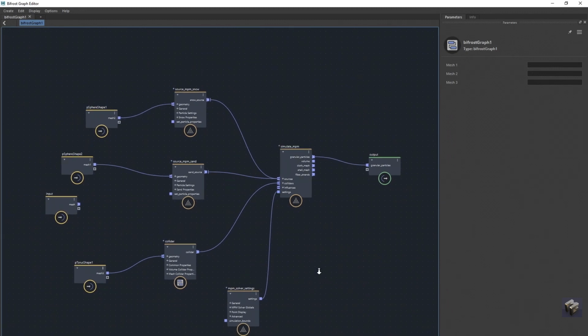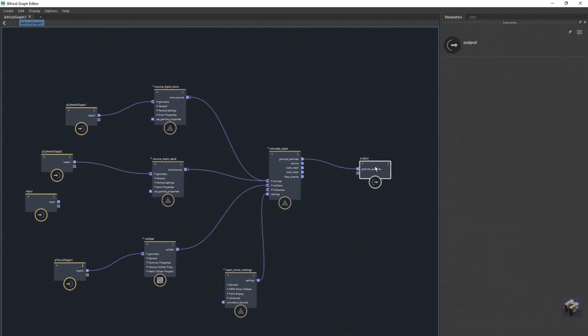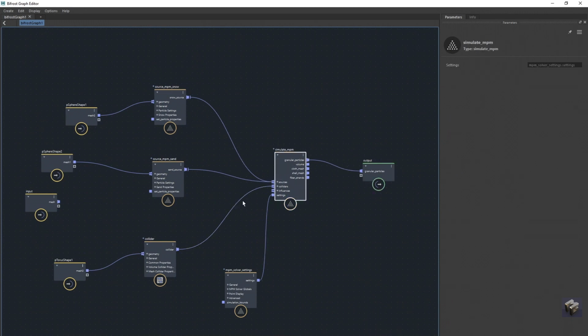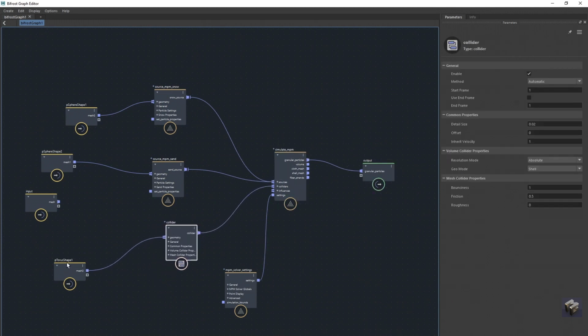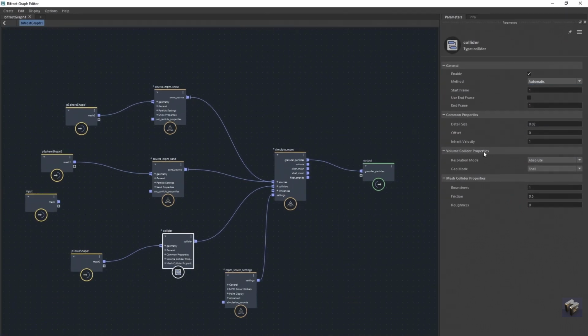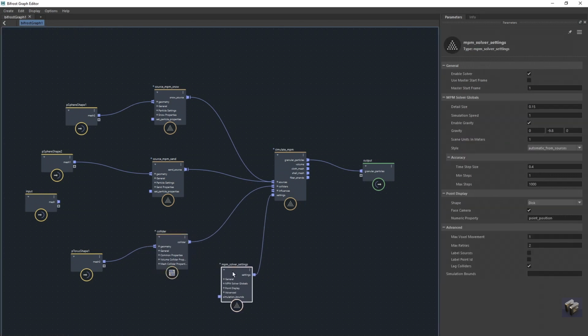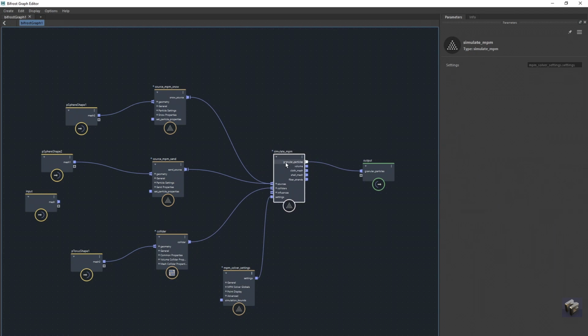So let's have a look at what's going on. Solver settings, simulate NPM into the output, granular, sources, collider. I've got the collisions here, this is the torus shape, this is the collider going into colliders, offset, inherit orders, start frame, use end frame is off. Am I starting from frame 1? Yep. Method is automatic, automatic is fine. Absolute, we don't even need it absolute, we can stick it to relative, but it's as was. Friction, roughness, inherit velocity, offset 0. So what is going wrong here? I've got a feeling,